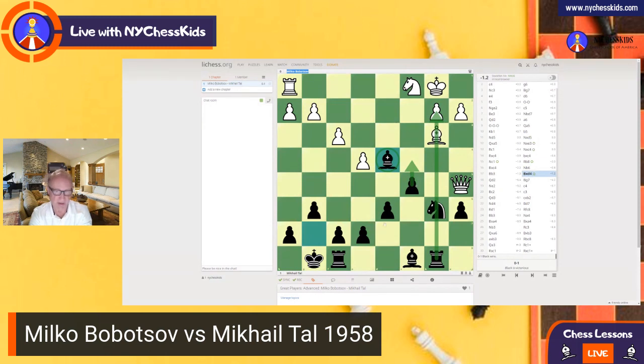Black pieces are better. The rook on h1 is completely out of the game. It's not playing. And black pieces, bishop and this rook, are going to get into the game. So if you want to study this game a little bit more, check it out on your own. But black is better in this position. Queen d2 and bishop g7 because black is preparing c4. Here we are, right? And that's it.